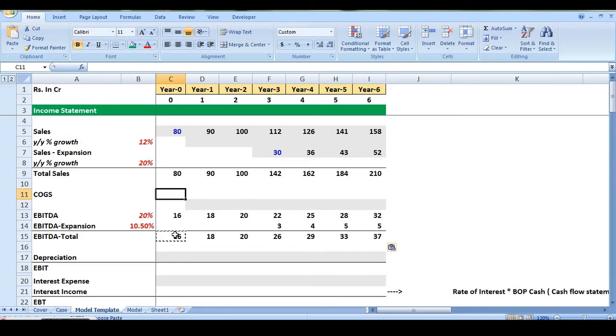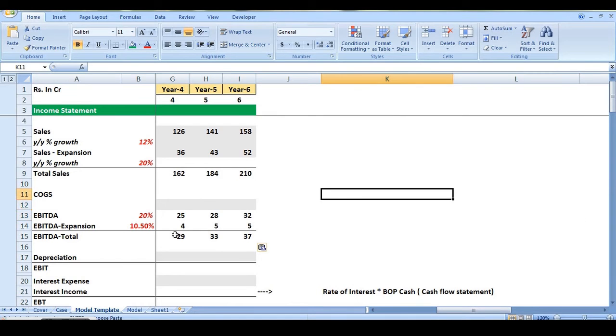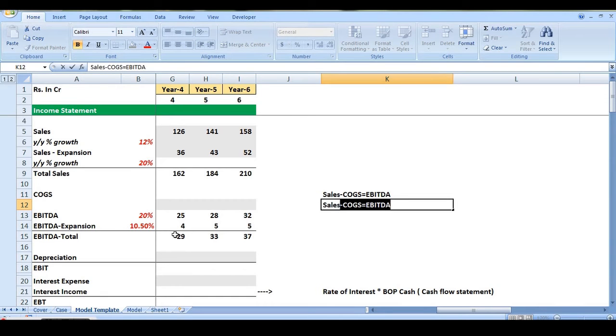Now how to calculate cost of goods sold? Cost of goods sold actually normally in cases is given, based on which you calculate EBITDA as sales minus COGS is equal to EBITDA. But here we will do the back work as sales minus EBITDA will give us COGS.